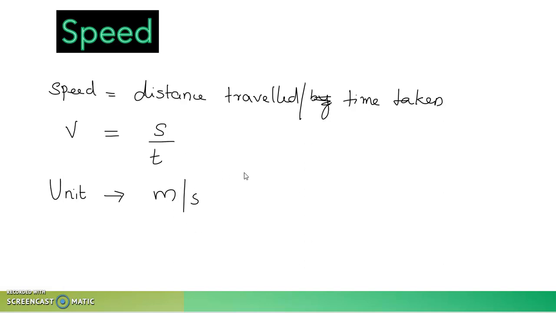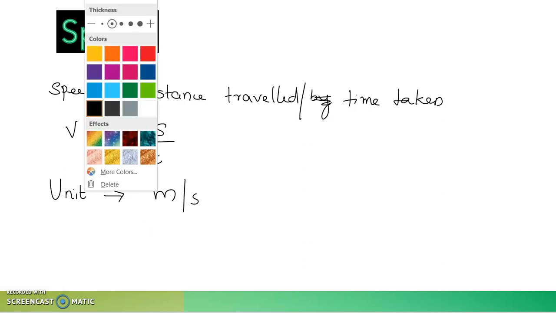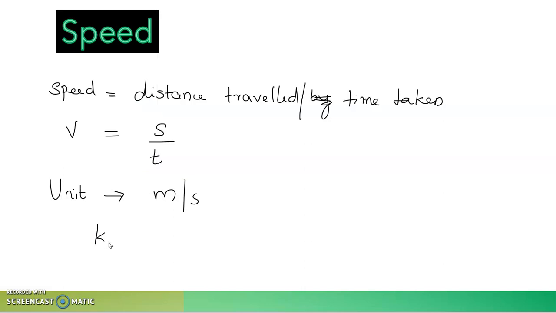But when we talk about vehicles moving, we don't say it is traveling in meter per second. So what unit do we use in that case? We use kilometer per hour, right? This is the higher unit of speed. We can use kilometer per minute, kilometer per second, different units we can use. But when we solve the numericals, we have to make sure everything is in the same system of units.